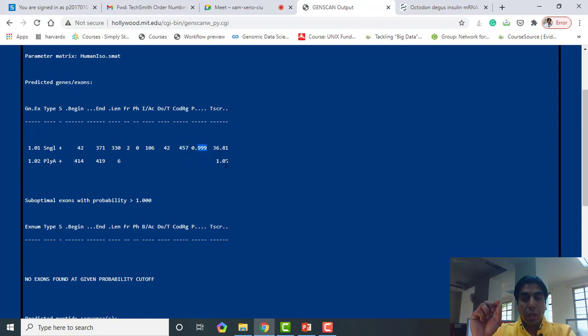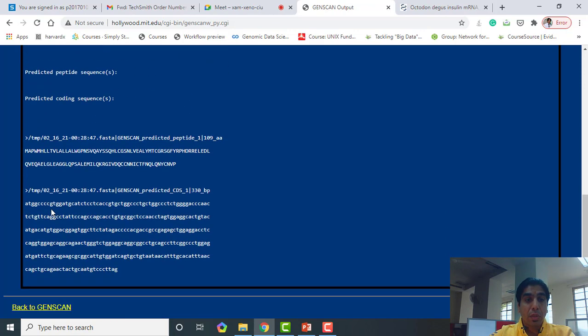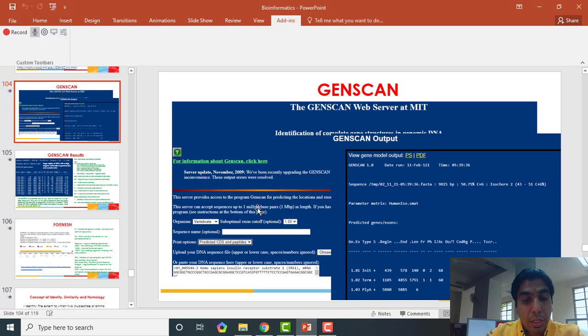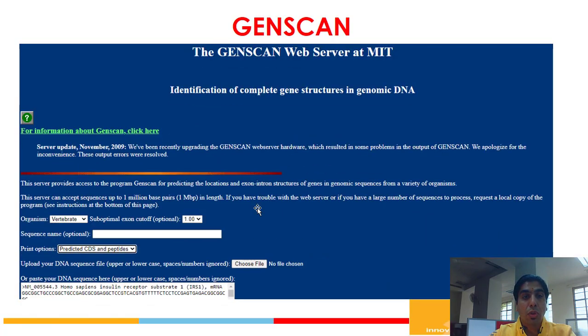So I am showing a single slide by which we can interpret these results and what their meaning is. Out of that, this is the peptide sequence which comes out of this particular gene sequence, that is, the signal exon region. Okay, for example, here I am showing you the slide with the same kind of result which I have shown you here. In this case, I have taken Homo sapiens insulin, and I have selected the same parameters like vertebrate, and I have used the value of 1. Along with that, I have used both CDS as well as amino acid sequence, and I have pasted my sequence here, or you can simply upload your sequence if it is available in your local database.